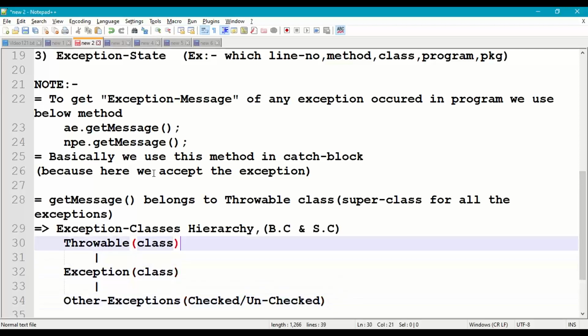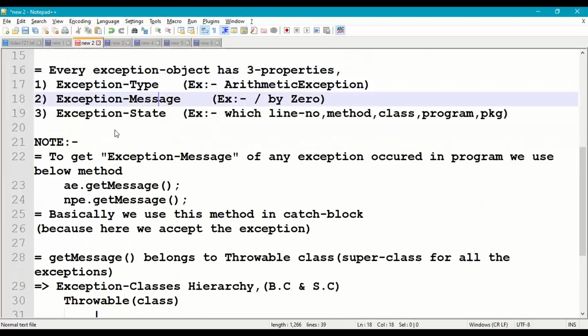From base class we have get message method. We can use this method for our exception class object, which is a subclass for exception and throwable class. So using inheritance we are going to use this throwable class get message method to get exception message of a particular exception which is occurred in our Java program.